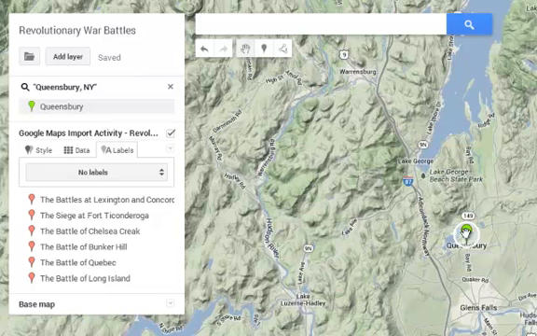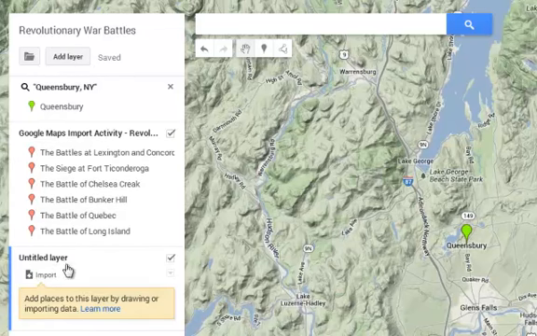Now, one thing I want to do before that, though, is make sure that I have a layer that I want this place mark to become a part of. If I click on it right now, it'll become a part of all these battles that I created using the spreadsheet and then imported into the map. So what I want to do is add a new layer for this type of place mark. So I'm going to click add a layer,